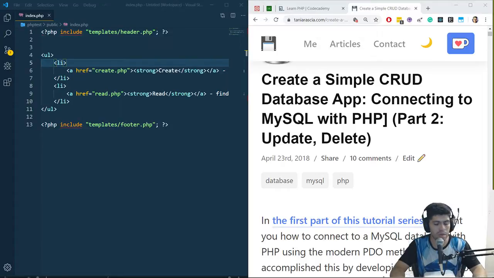Let me open XAMPP so we can have this open. Let's start Apache. Let's start MySQL. Let's open a local server. And let's open